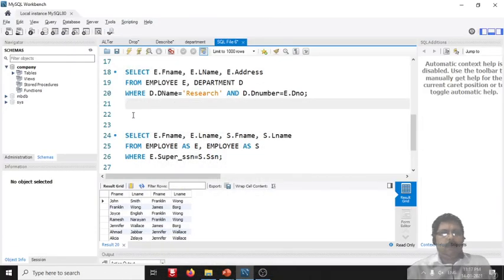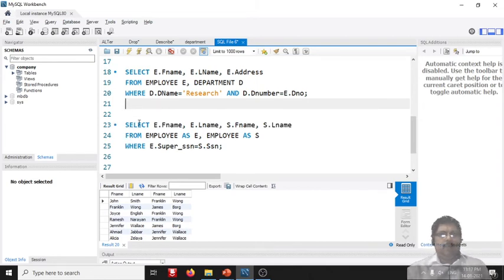The same example we will see in MySQL. Here we have taken E.fname and E.lname. These are the supervisors for the employees S.fname and S.lname. I have executed this here, and once again I will execute it and demonstrate it.